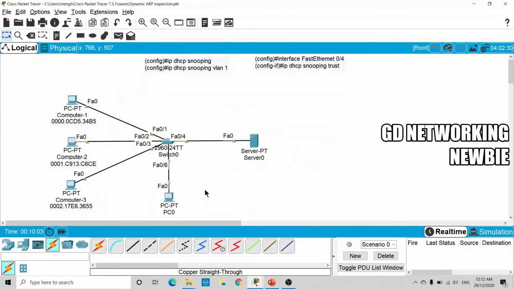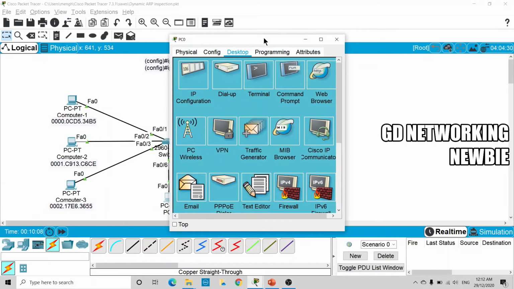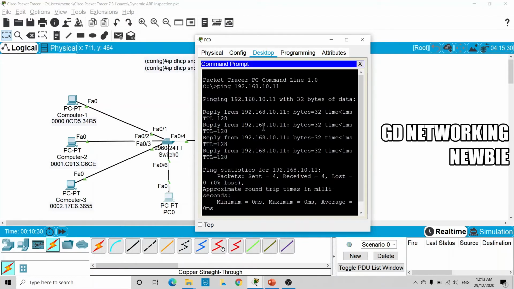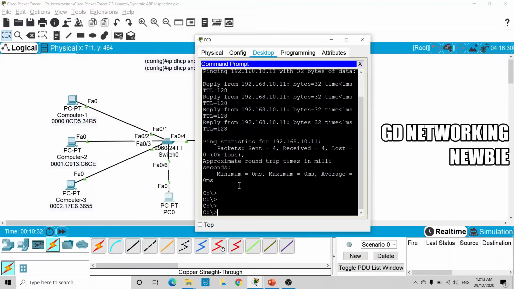Now after this one, if we delete the ARP table here, it means this computer, to access any other computer, needs to have the MAC address of other computers, and for that this computer uses the ARP protocol, Address Resolution Protocol. By using that protocol, this computer may have already built some ARP entries. So first we want to delete those entries if there are any.